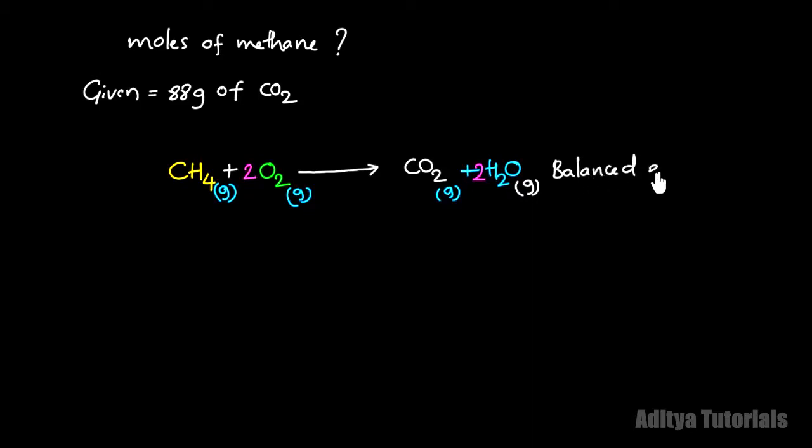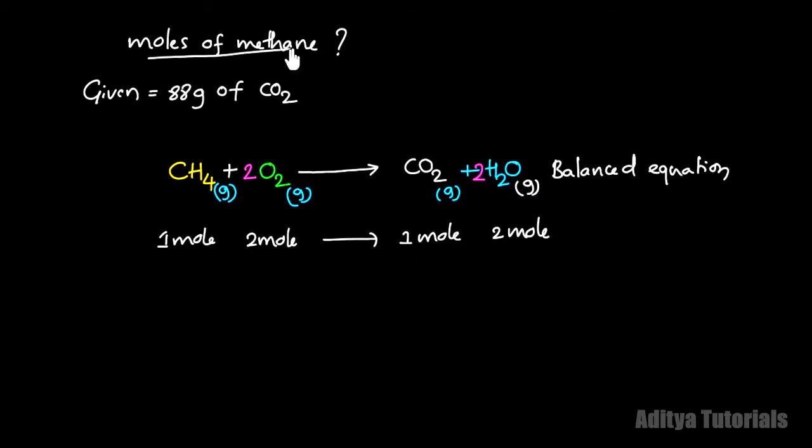Balanced equation. Once you balance, then you apply the next step. Here we have to convert the chemical reaction into moles. The methane is 1 mole because the coefficient is 1. The oxygen is 2 moles because 2 is the coefficient, and that gives rise to 1 mole of carbon dioxide and 2 moles of water.